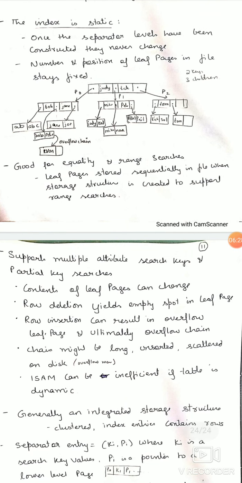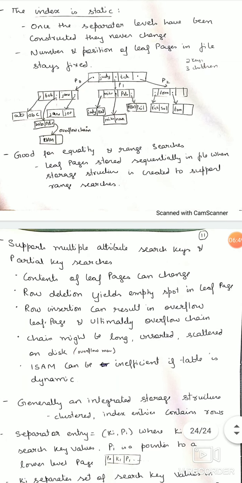So what is the advantage of using this static index is, it is good for equality and range search. Why we say it is for equality is that if you are searching for any one particular record, then it can go according to that particular level and identify and give you the record. For ranges, if you are searching from 101 up to 200 records, then all those ranges also it can search for you efficiently. So this static index is efficient for equality and range search.